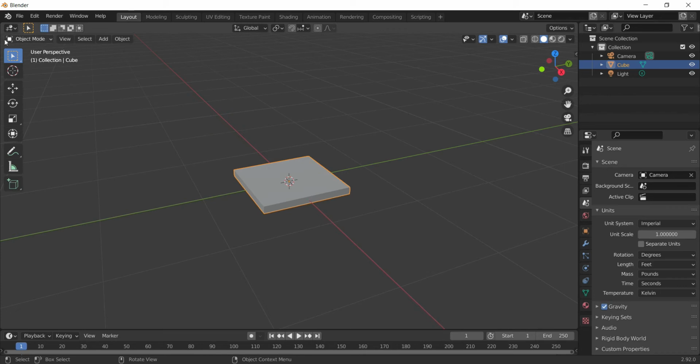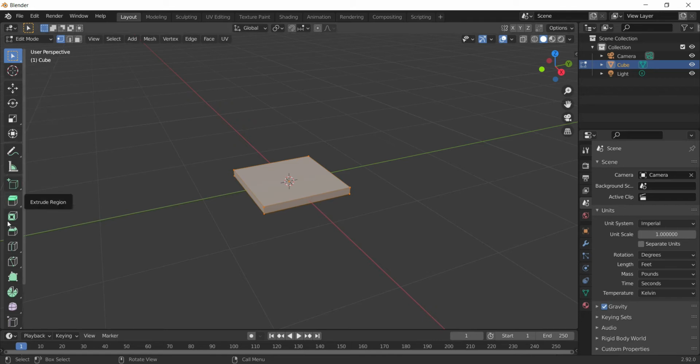Here you can see that by default we always are in object mode. If I open this menu, the next one is called edit mode. We also have a shortcut for this. If I press the tab key, I can toggle back and forth between the edit and object mode. See, if I press tab, object mode, edit mode. Now in the edit mode, you can see that our toolbar has been expanded. There are so many different tools which we will learn eventually step by step.